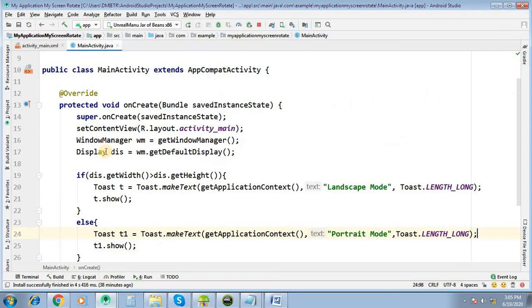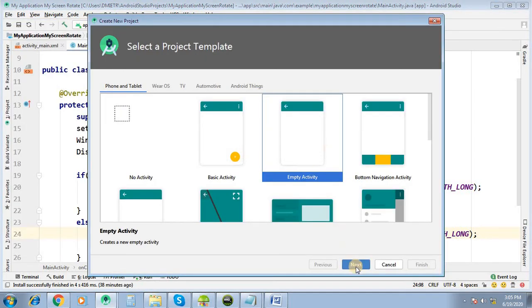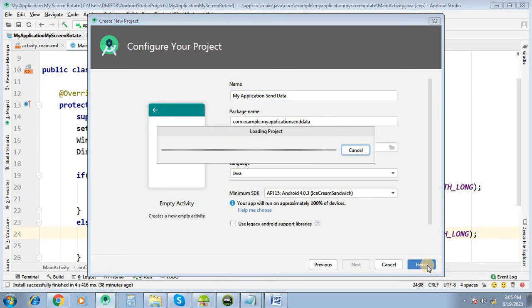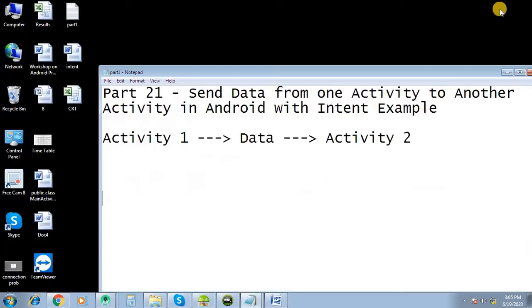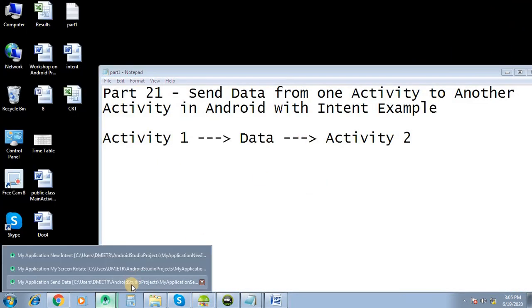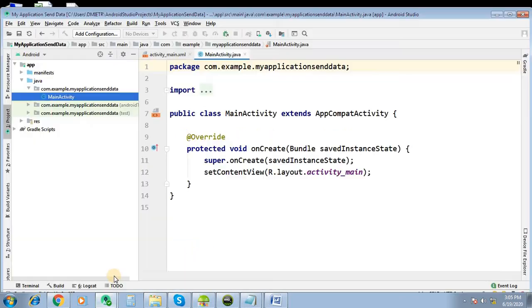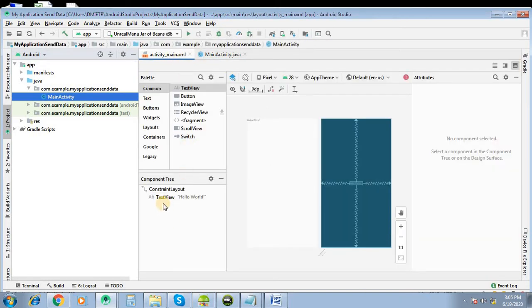Start your Android Studio. From file, new project, empty activity, name it "send data using intent". The language is Java, API level is 15, click on finish. The project is loading now. Okay, it has been loaded.